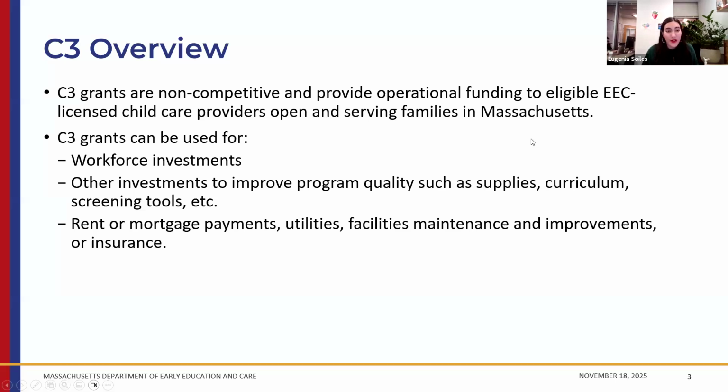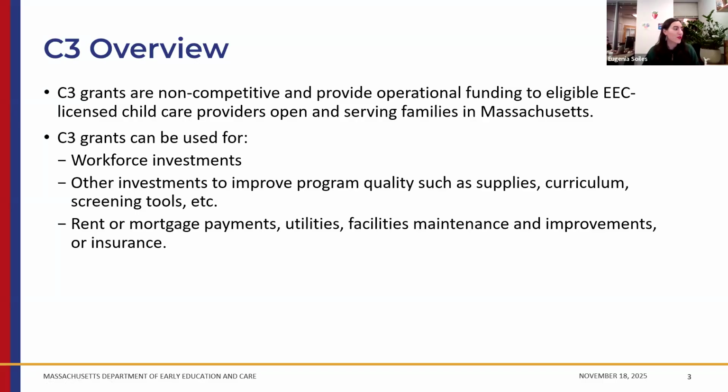So, a quick overview of C3. Again, I'm sure a lot of you are familiar with C3, but I want to make sure we're all starting from the same place. They are non-competitive and provide operational funding to eligible licensed EEC programs that are open and serving families in Massachusetts.